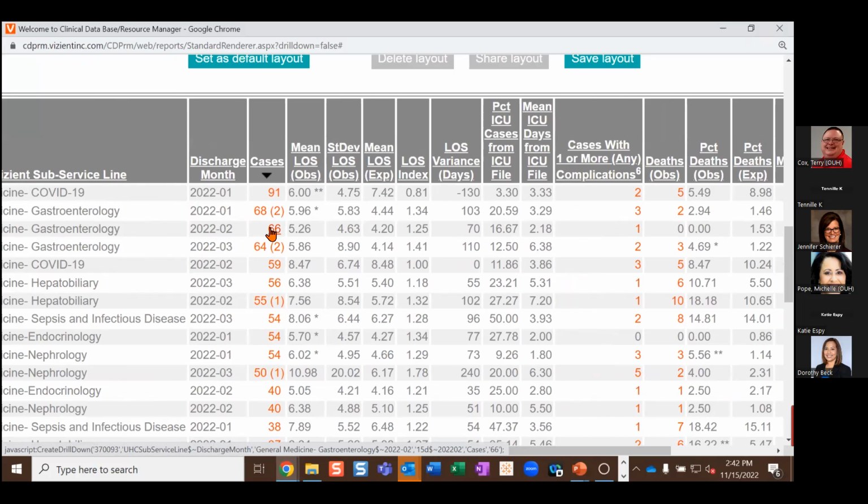In many cases, it's probably indicative of your gastro service, but there could be, for whatever reason, patients falling into here that, trying to think of a clinical... Primary diagnosis, correct? Correct, a DRG. So DRG. I think everyone in the room is probably aware of this, but one of the things that I hope you can see